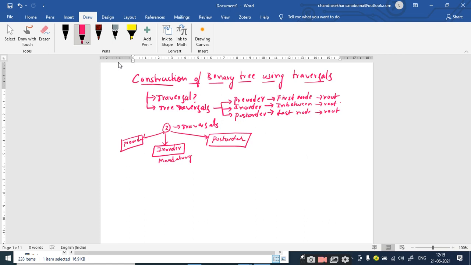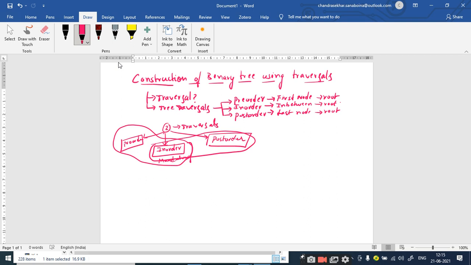So either you can construct a unique binary tree from this in-order and pre-order, or from this in-order and post-order, right? So in-order traversal is a mandatory thing that you should have when you want to construct the unique binary tree from the traversals. Is it clear up to this point?